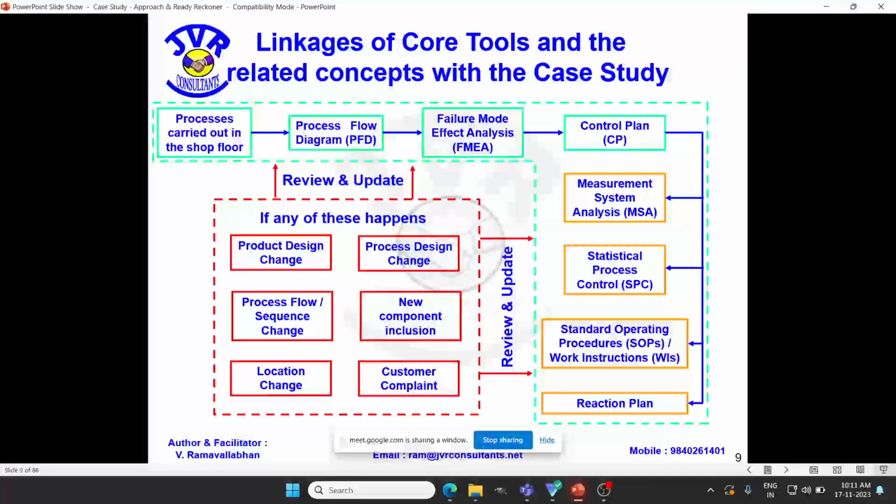Sometimes what happens? They would have done MSA for some equipment, say for example, vernier number 005. But when you go to the shop floor, they are using 006. When you ask for the MSA study for that particular vernier 006, if they are not able to show the evidence, what will be the